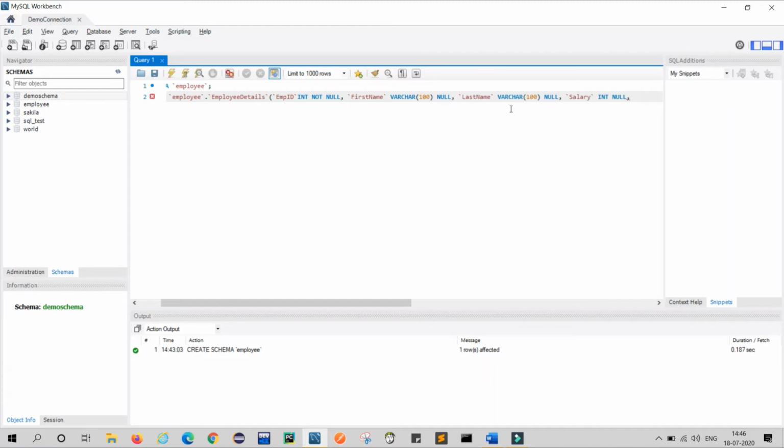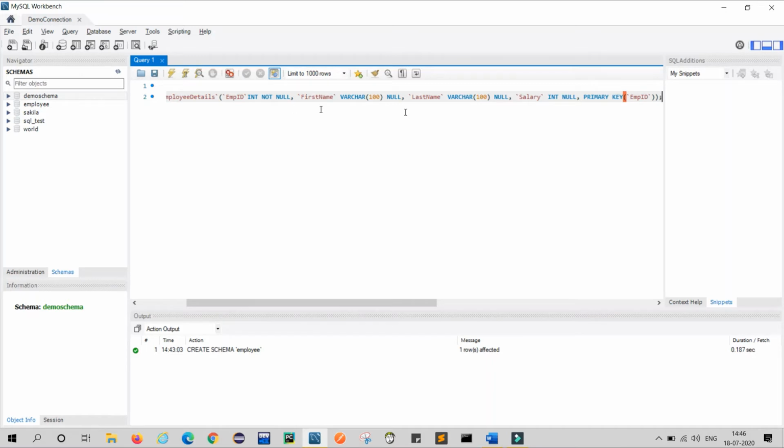So I will write primary key in a bracket. I will provide employee ID as the primary key here. So I just copy it and paste here. I will close the bracket.